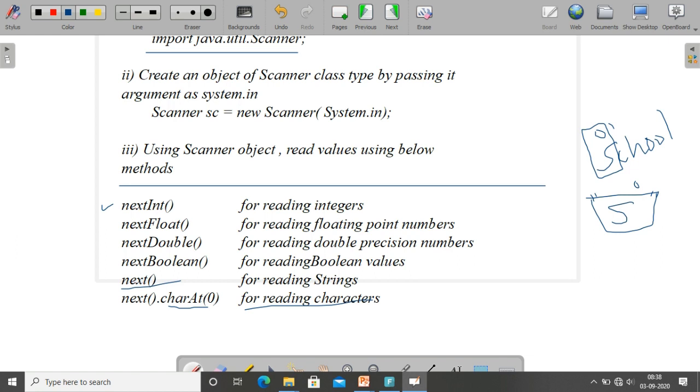For reading characters we should write like this, next().charAt(0), and there is no direct method like nextChar() or nextCharacter(). So first you have to remember this one. If you want to read a character using the Scanner class, we have to use this method, next().charAt(0).